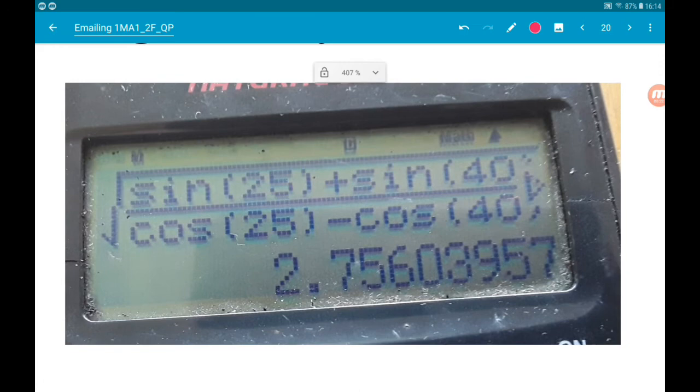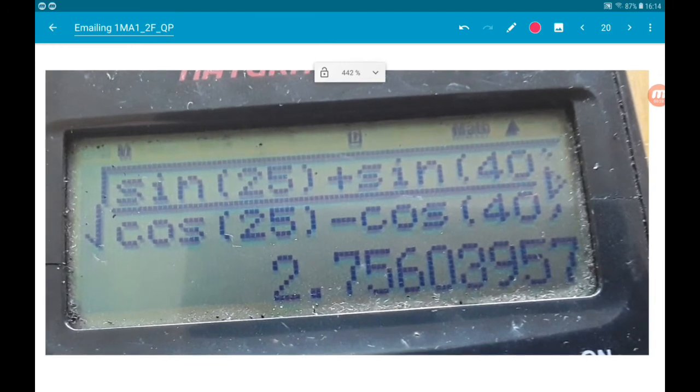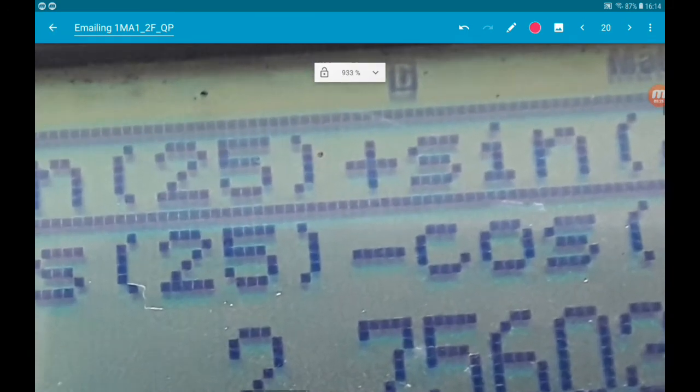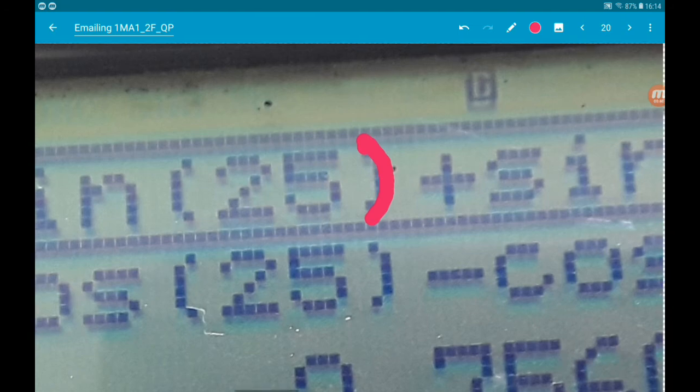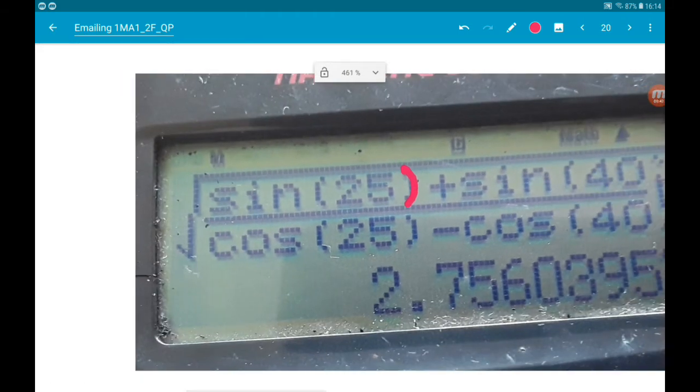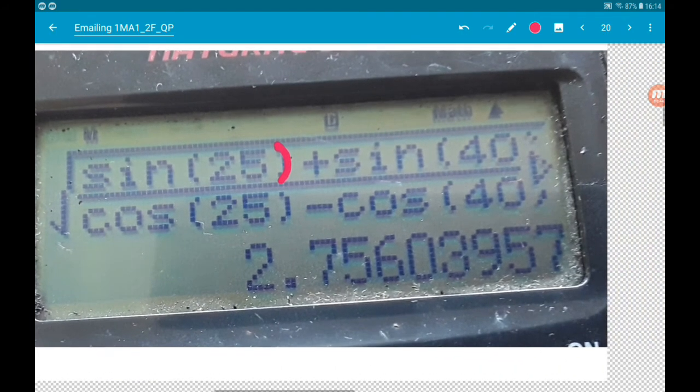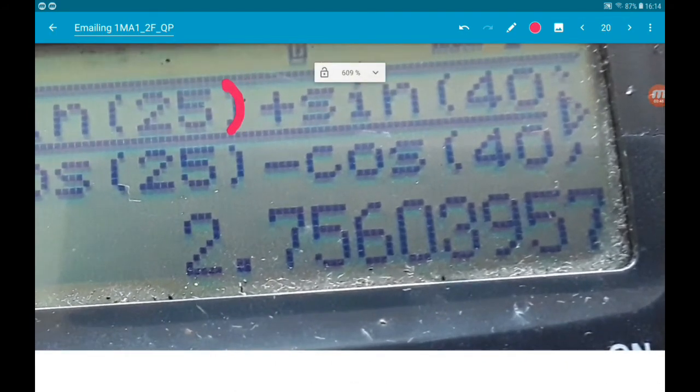Make sure that you close the brackets. So when you put in, for example, sin, it opens the bracket, put 25 in, and then make sure you close the bracket there. So make sure you do that on all of them, and you should get this lovely